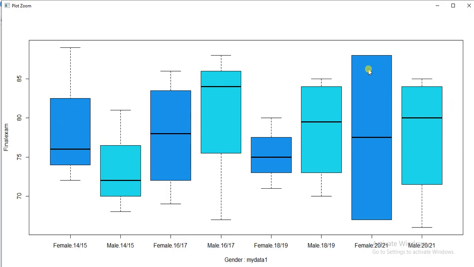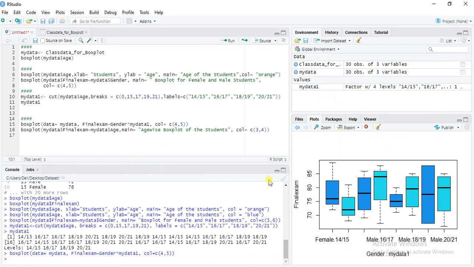Same as female, you can see here the maximum and the age group 20 to 21 female data distribution. Here is the female data distribution, and as well as the marks obtained by male students who belong to the age groups 14 to 15, 16 to 17, 18 to 19, and 20 to 21. So we can present our data this way also. Now,